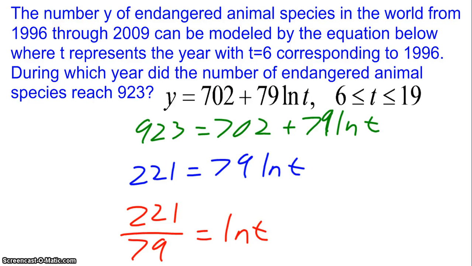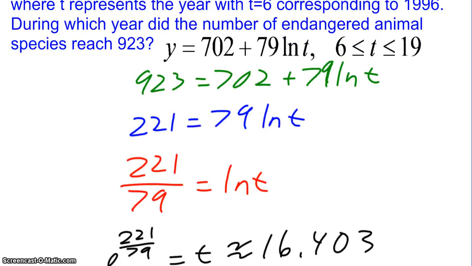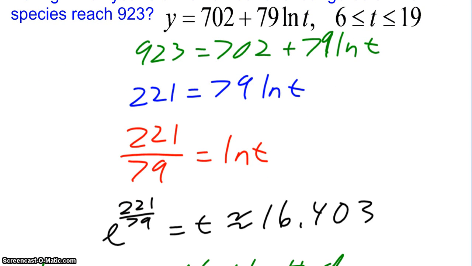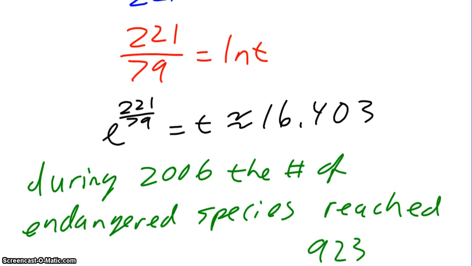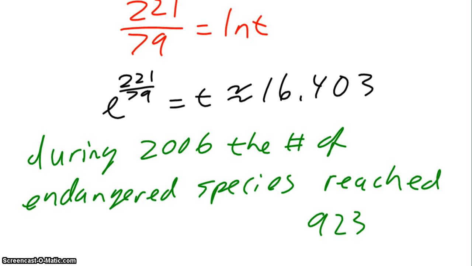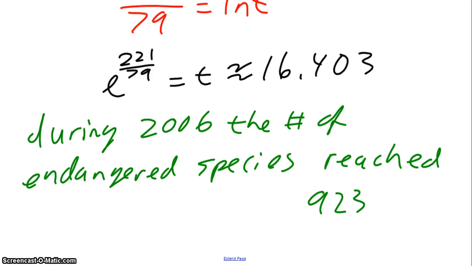Alright, so what we're doing here is we're going to plug in 923 for y, since that represents the number of endangered species, and we're going to solve for t. So I subtract 702, and I get 221 equals 79 natural log of t, divide by 79, and then change both sides to an exponential, in this case base e. So e to the 221 over 79 is approximately 16.403. So now interpret that in the context of the problem. During 2006, the number of endangered species reached